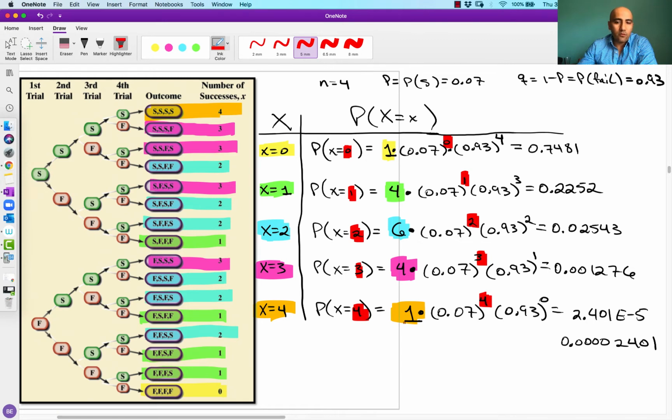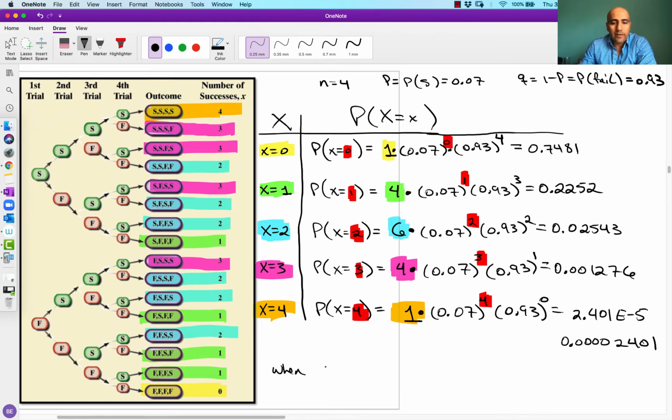The 1 and the 1 from the outskirts, okay, those aren't so hard to figure out because there's only one way to get 0 successes and there's only one way to get 0 failures. But these other ones of how many ways are there to get exactly 1 success, how many ways are there to get exactly 2 successes, this 4, this 6, and this other 4, these are a little bit more difficult to get. But if you go back to chapter 5, and we think about how many ways are there to get 2 successes when we have 4, right? So like to figure out this 6 right here, for example,